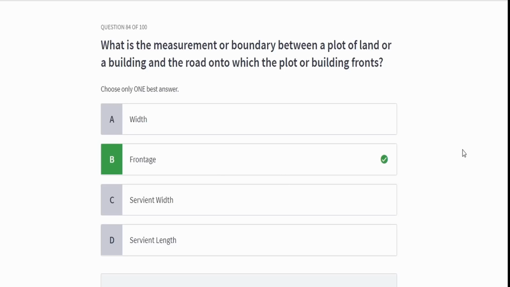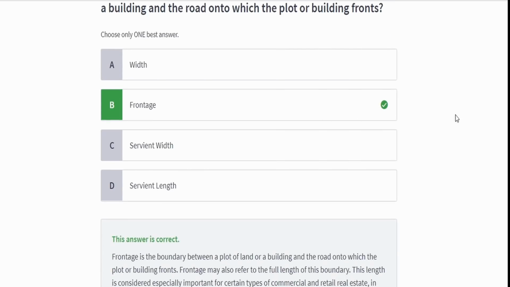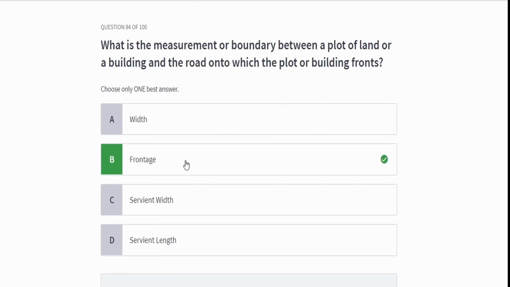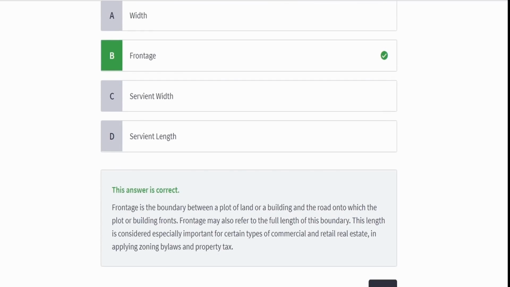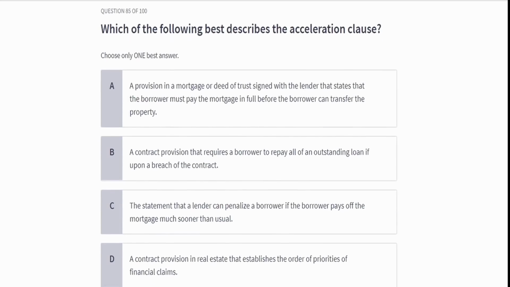And actually, there's a math problem associated with frontage, which I don't know if we'll see, maybe we'll see in this exam, but that does show up as well. So if frontage is something you've never heard of before, mark that down on your pen and paper or your notes or however you're doing this, and look into that. We do have a video on that as well if you want to check out.